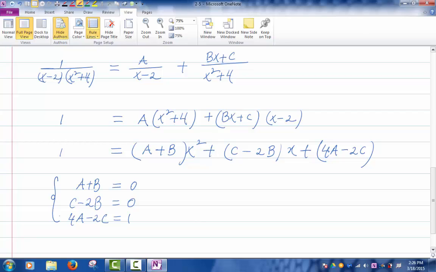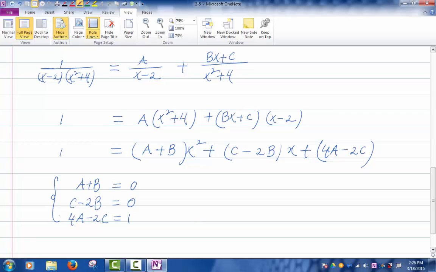What's the coefficient of x? What's the coefficient of x on the left hand side? Well, it doesn't appear, it means that its coefficient is 0. 0 times x. What's the constant? 1. The constant here is 4a minus 2c. So you've got 3 equations, 3 unknowns, so you should be able to figure out